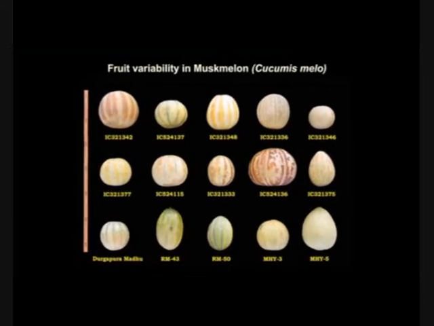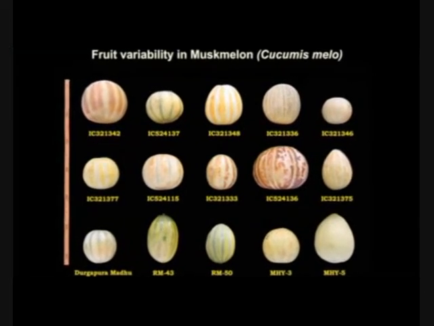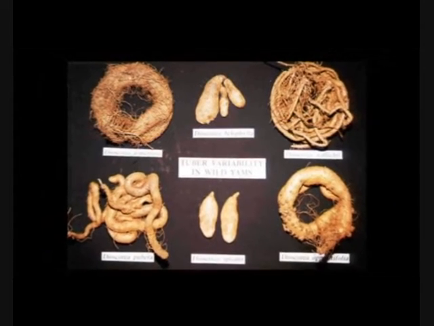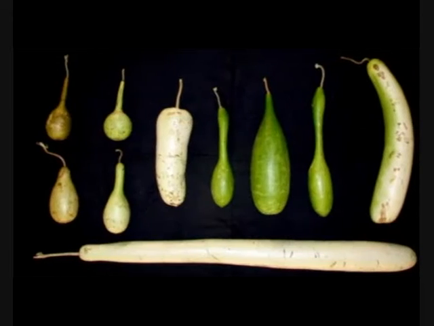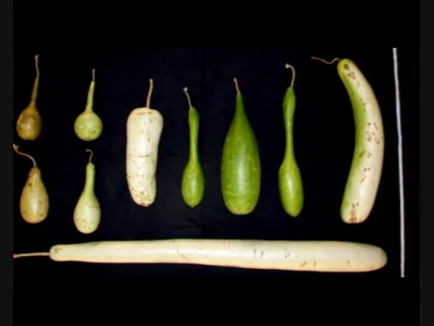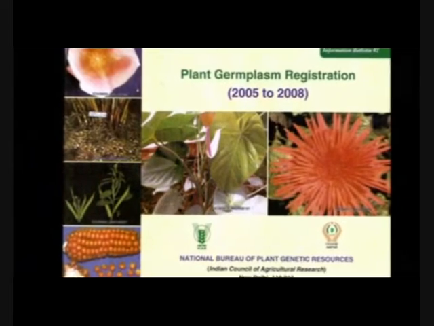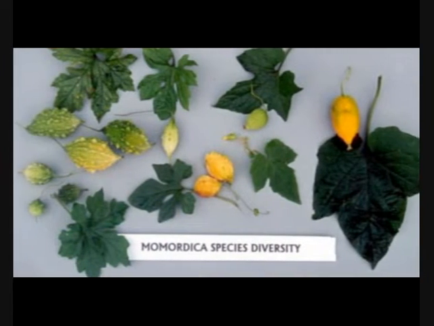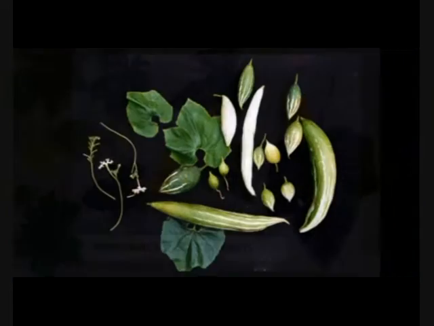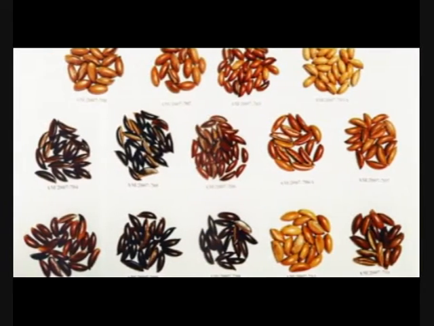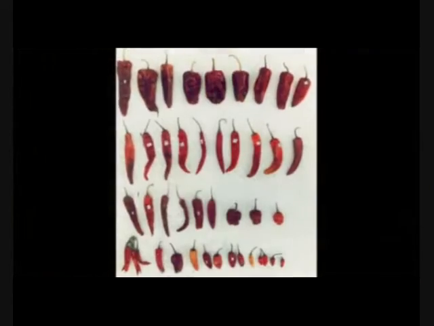overview of NBPGR. Recognizing the importance of plant genetic resources having novel, unique, distinct and stable traits of academic, scientific or applied value that could be used in crop improvement, a plant germplasm registration committee was set up by ICAR. The responsibility of germplasm registration has been entrusted to NBPGR and nearly 100 to 150 applications are received annually from